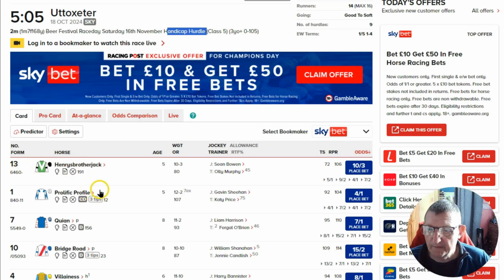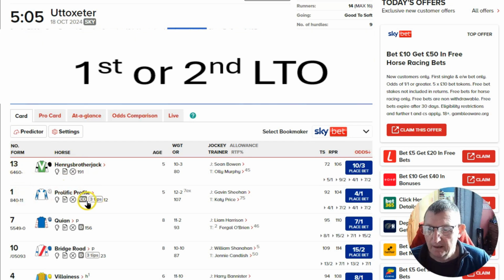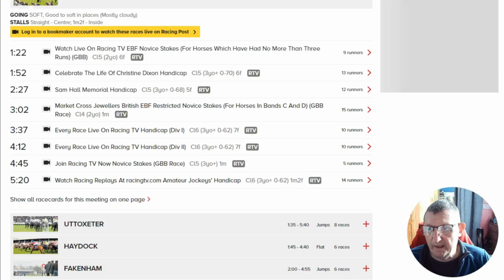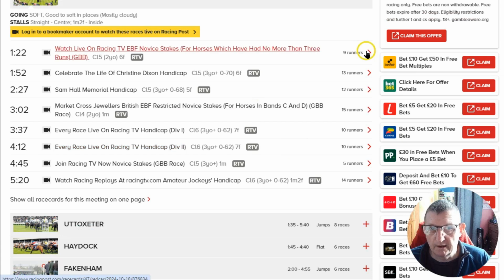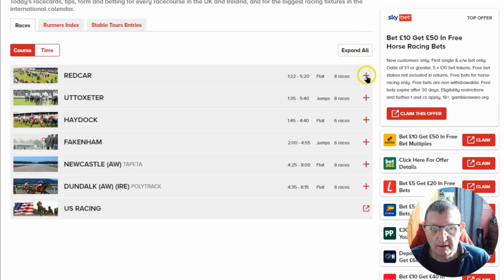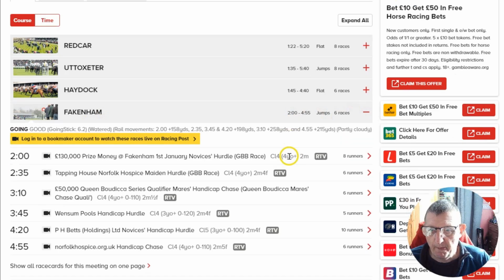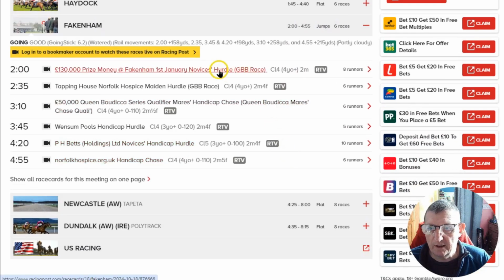So keep that in mind, it had to come first last time out. That is the one that's first last time out, but it isn't favourite. Whether it will be at the off, I have to check later, but at the moment it isn't favourite. And the only other meeting today was, we're not using AWs, that's an Irish one, we won't use that. The Fakenham is a jump, so if we go there, we've got a novice hurdle,